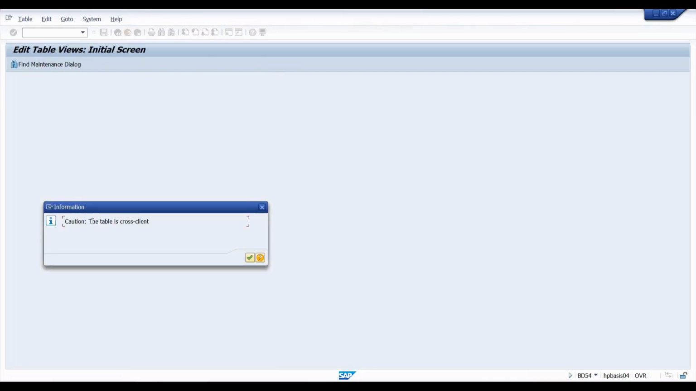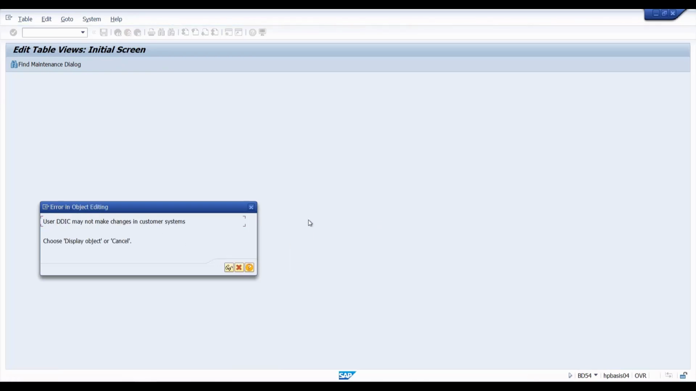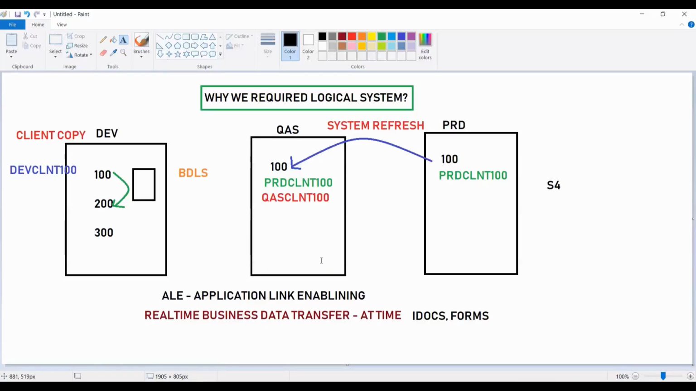See here, the table is cross client. User DDIC may not make changes in customer changes. Choose display objects or cancel. So you are having only display or cancel option only. Why? Because the DDIC user does not have the custom changes requirement,